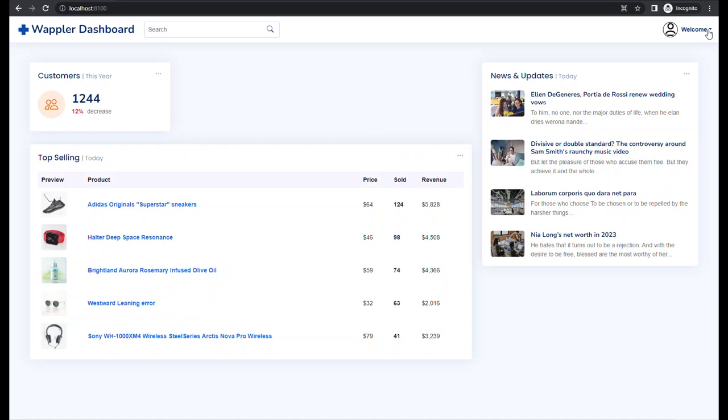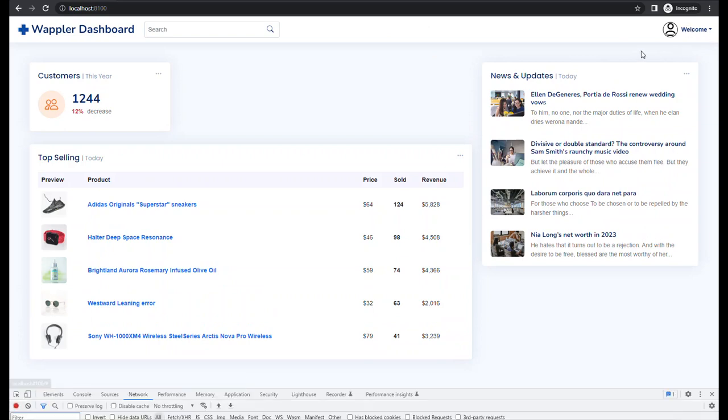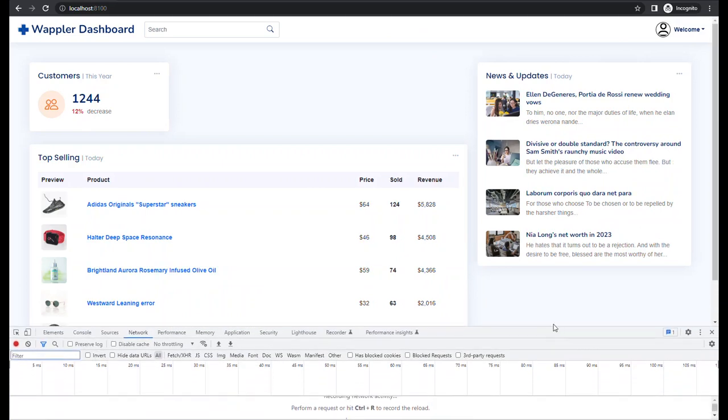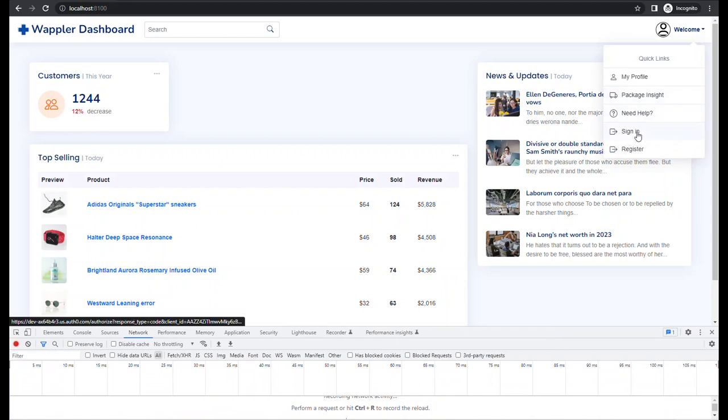Over here I have a drop down. You can go to your profile. There's a registration and a sign up button as well. If you go to your profile, you can't really go to your profile, right? Because you're not authenticated. So in a way, you have to get authenticated. I'm just going to turn on my developer console here so you can see what that looks like. So let's go sign in,